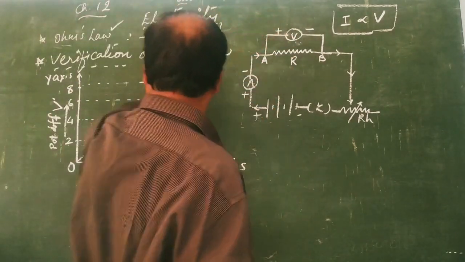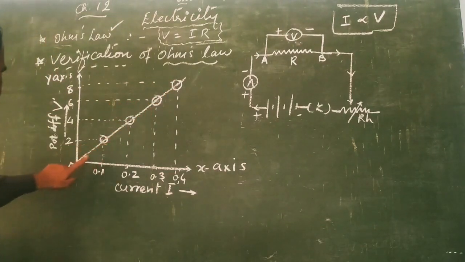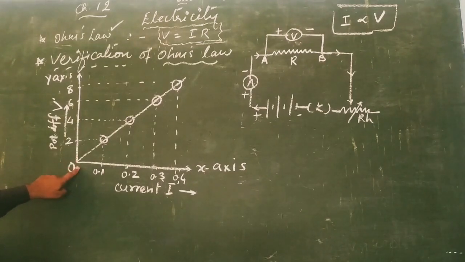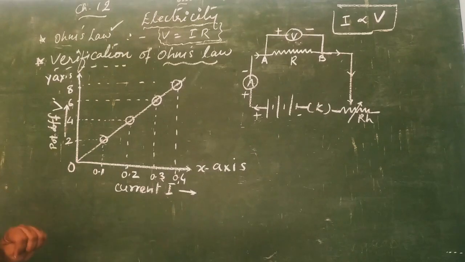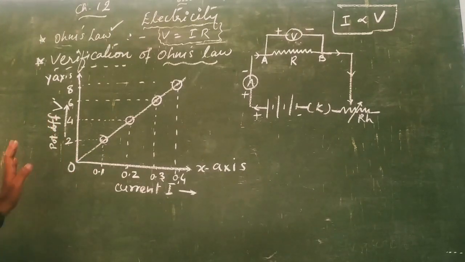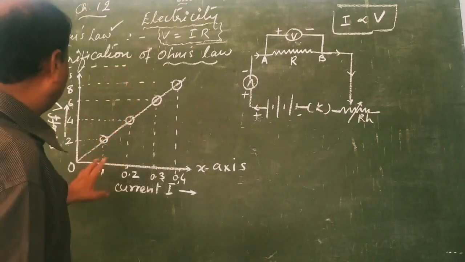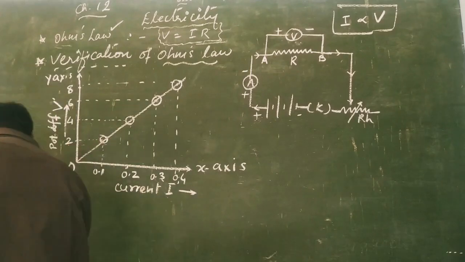And the voltage reading on the voltmeter, we can see, is 8 volts here, that is shown on the graph here. We can see that at the origin, that means at 0, the current is also 0 and the potential across the conductor is also 0. This is the linear graph obtained here. Now, what exactly is the meaning of this activity? This activity shows that you can use this relation to find the resistance, that is R.